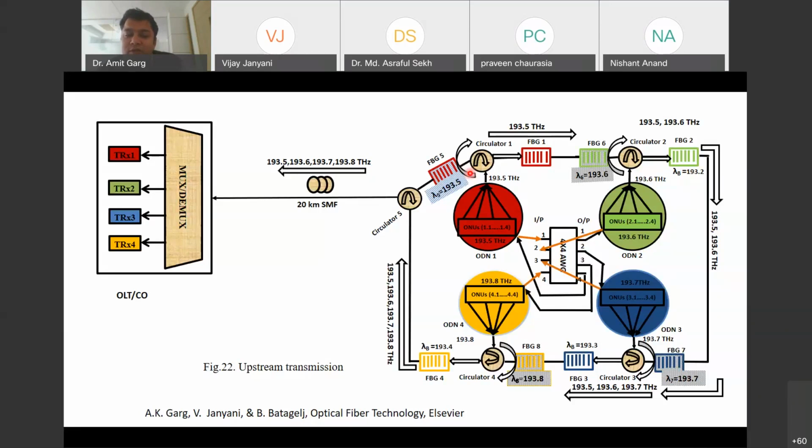Now FBG5 has the Bragg wavelength 193.5, so the wavelength will be reflected back, and then this will come towards this FBG1. So now this FBG1 will not reflect the wavelength, or we can say the 193.5 wavelength will transmit and it will come at this point.